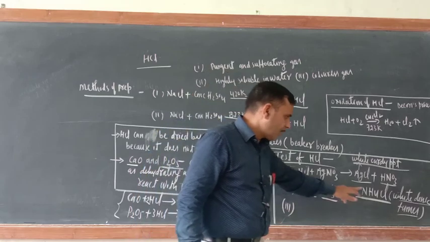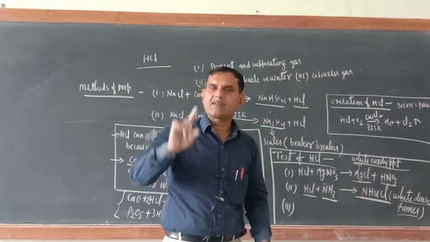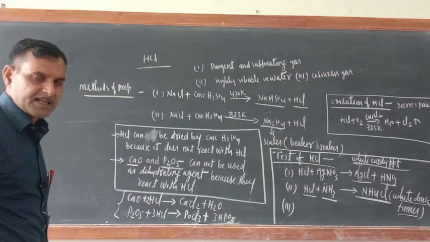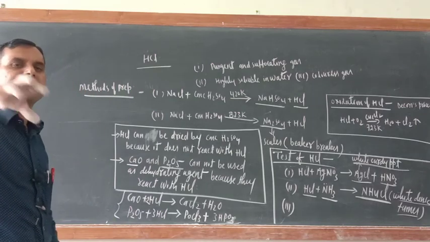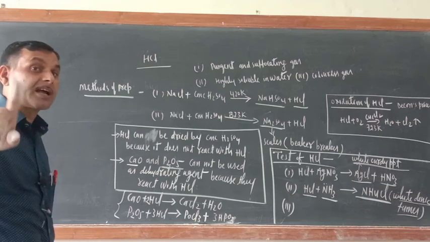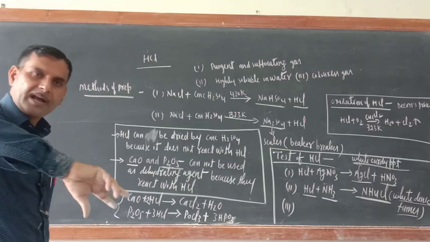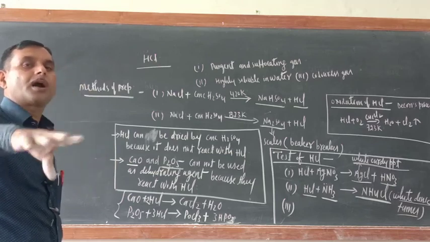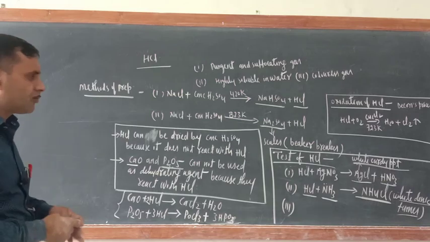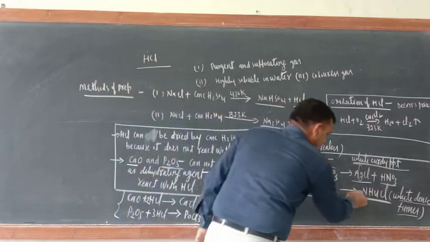Now white dense fume is formed due to the formation of NH4Cl. Always remember, NH4Cl earlier used to be considered a gas, but if white dense fume is formed inside the test tube, it means it has particle nature. It is not a gas. If it were a gas, the gas must have evolved from the test tube. White dense fume inside the test tube should not be present. So the formation of white dense fume inside the test tube reveals the particle nature of ammonium chloride, NH4Cl.